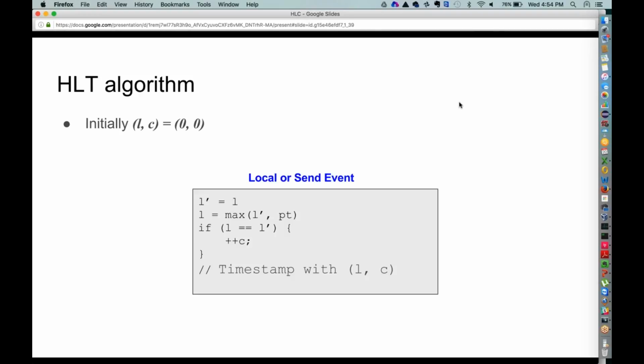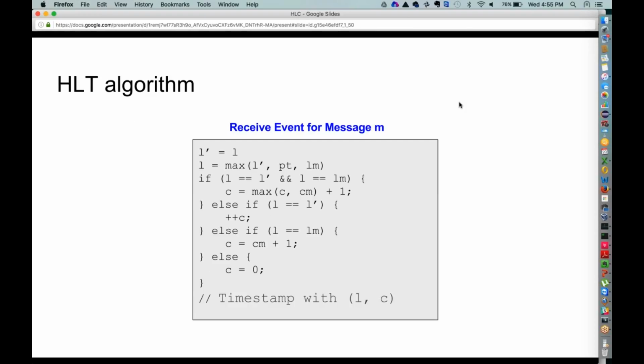So the algorithm is pretty straightforward. When you want to send an event, initially both L and C are set to 0. You pick your local physical time, take the max of your current L value and the physical time value, and then include that in the timestamp.